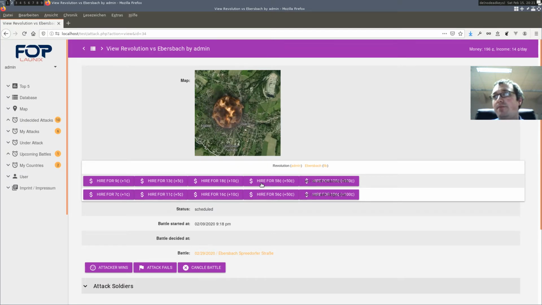Yes. That's too much. Too much buttons. Too much, too much, too much.